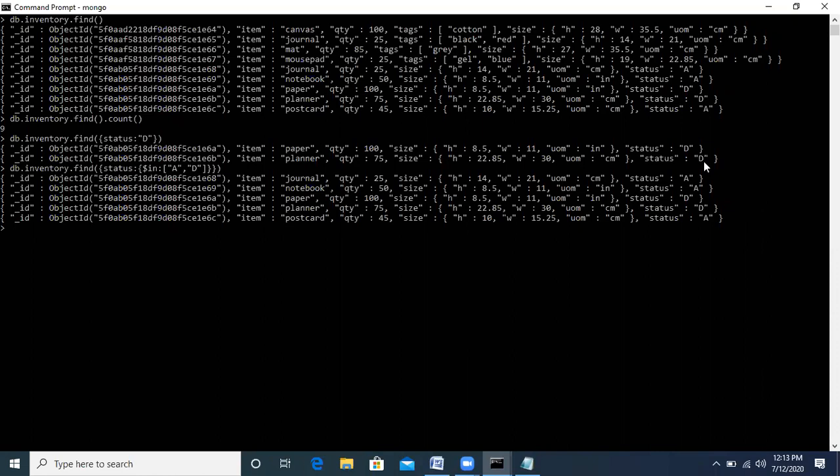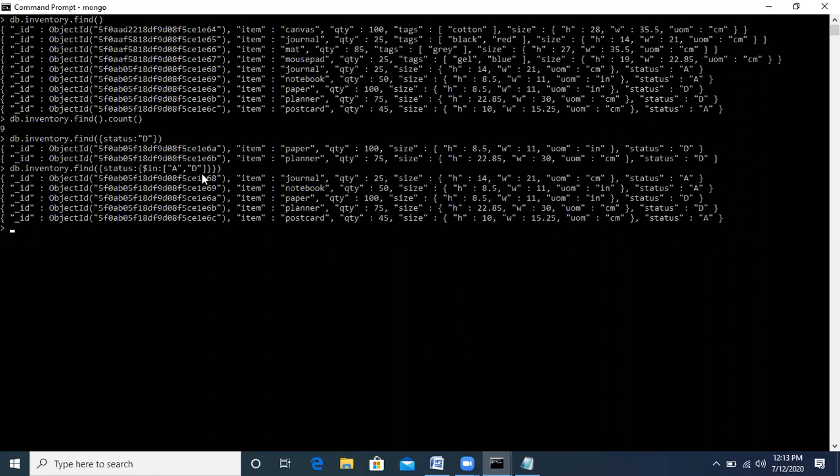Now this command will retrieve all the documents from the inventory collection where status equals either A or D, because we have specified the condition db.inventory.find, and we have put the condition on the status field, saying where status in either A or D. So this is just like the query.